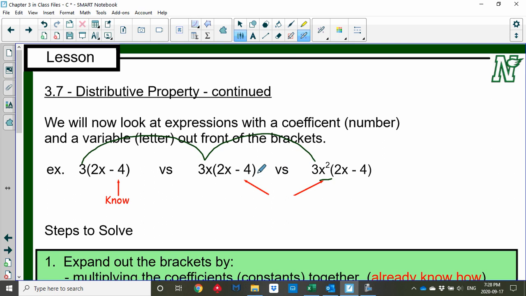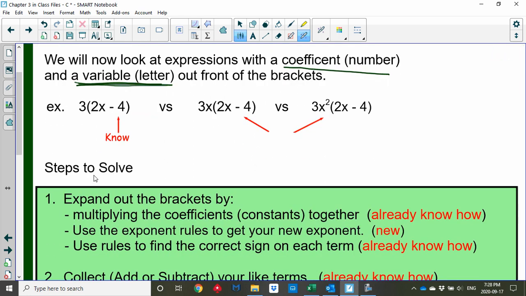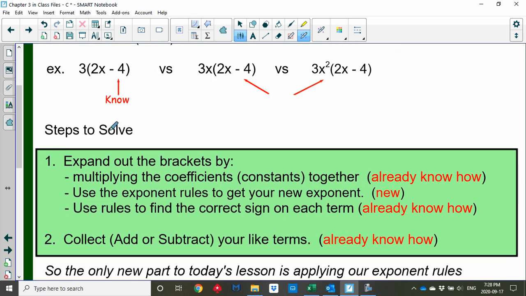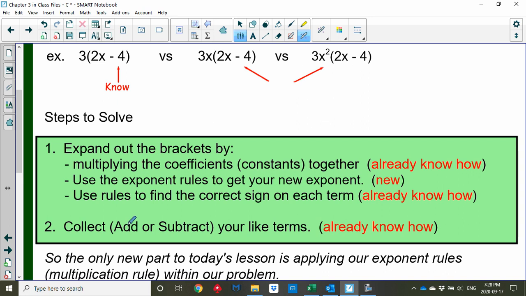Do you see the variable now out front? This is the new part, okay? We know how to do this. We know how to take care of the 3 in each of these. We just need to know how to take care of the letter. So there are just 2 steps that involve a few different parts. But pause the video, you can copy this out, and then I'll go through it with you, and we'll do